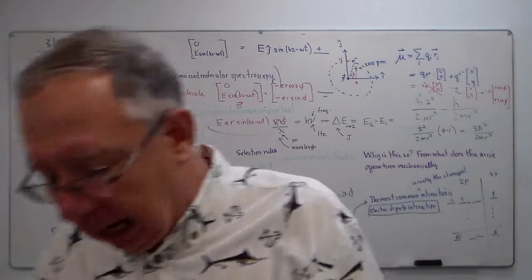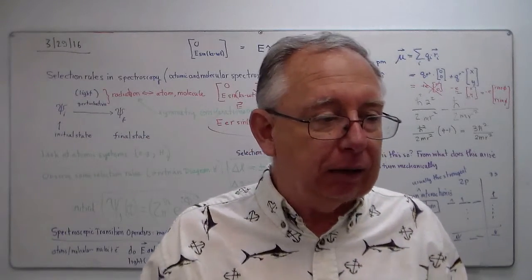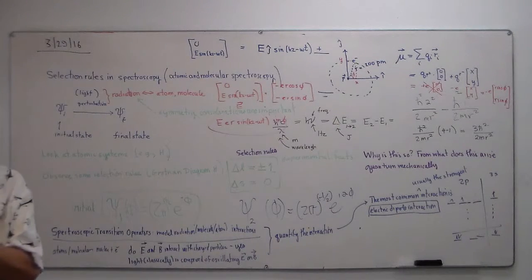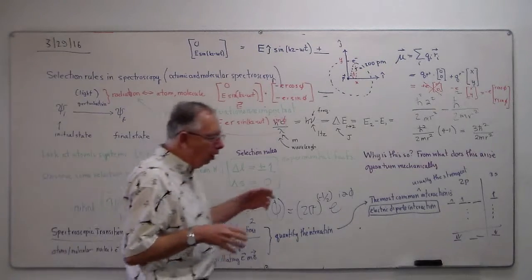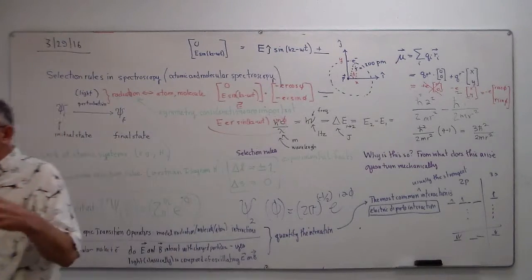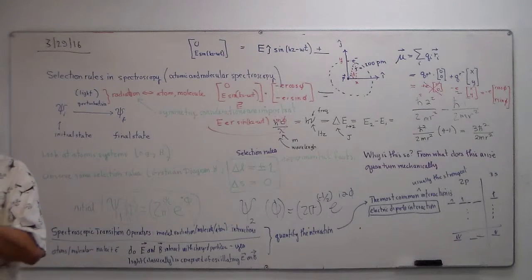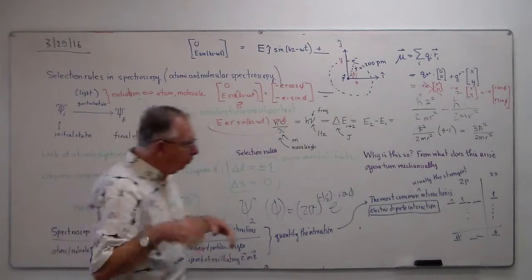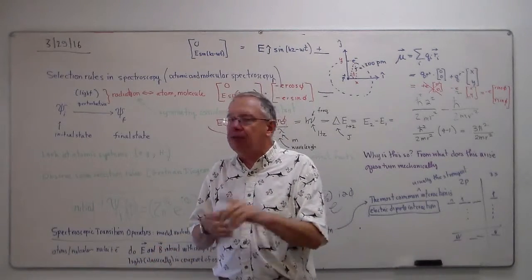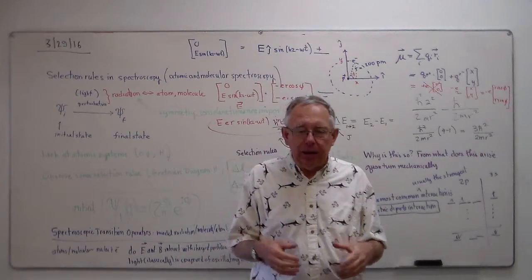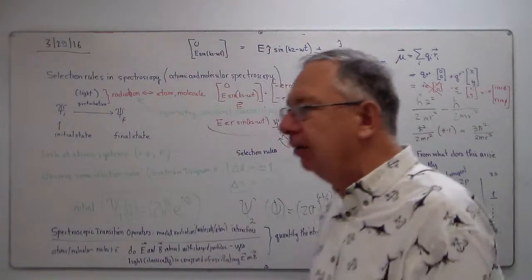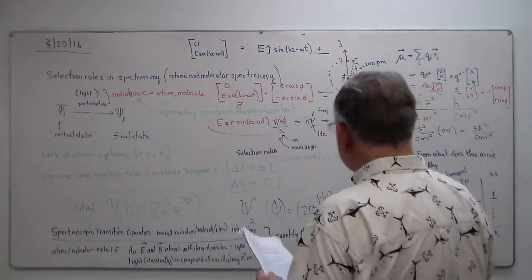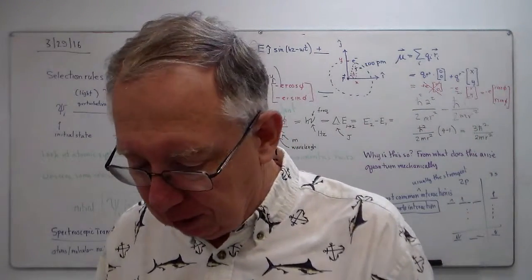In our last class meeting, we were talking about the electric dipole transition operator. And if you'll recall, we said there are different ways for electromagnetic radiation to interact with atoms and molecules. And by far the most common is the electric dipole mechanism. We were looking at some of the background quantum mechanics for a particle on a ring, and we had identified the electric dipole operator as the way the radiation interacts with the atom. We were doing some of that right here on the board in front of us.